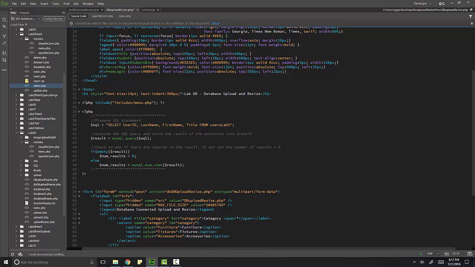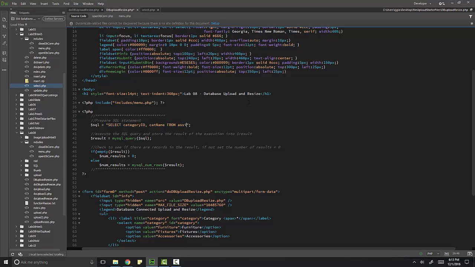So I need all of the categories that are in the database. So I'm going to wipe out everything after the select statement here. So I'm going to do a select. I need the category ID and the category name. I do not need the description. So I'm going to say select category ID, comma, cat name